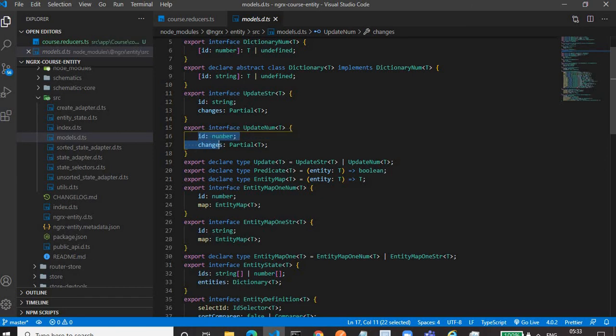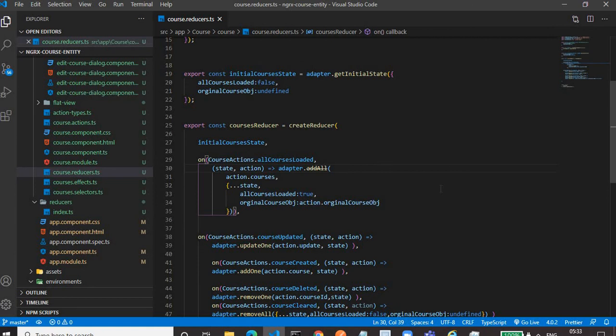So it needs an id and changes. There are two properties for the update, and in the changes we provide the entity that is being modified. In this way we can see the signature for those adapter functions, and on the basis of that we provide the parameters.